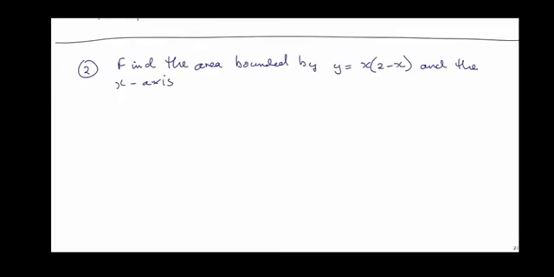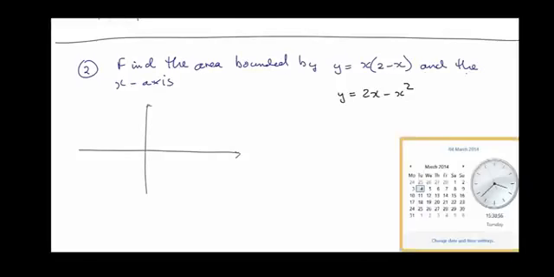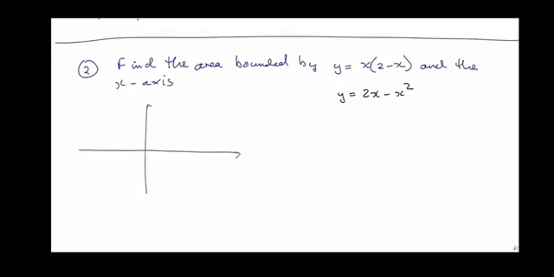The second problem, find the area bounded by y equals x into 2 minus x and the x-axis. We sketch the curve. Again, if we expand the bracket here, we have 2x minus x squared. Again, the negative x squared would mean a maximum value, and we can see that the curve passes through 0, x is 0, the origin, and x is 2, and so it will look like that, and this here